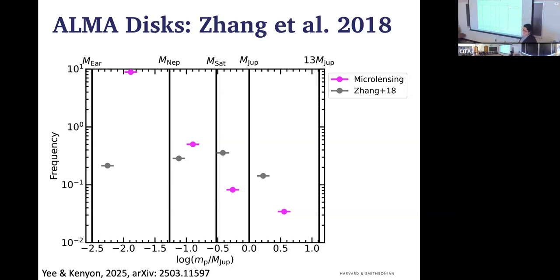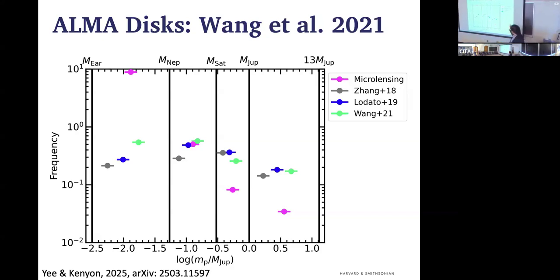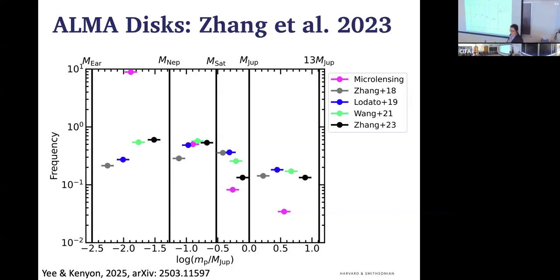And if you look at different assumptions, there's also the Lodato study, which just made a simple Hill radius scaling. This other one used that Hill radius scaling with Lodato, but then added another layer distinguishing between whether you're opening a gap in the dust disk versus the gas disk. And then this Zhang 2023 paper, which is a different sample than the first one, you're just getting this consistent picture that there are a lot of predicted ALMA planets out at wide orbits, and that they exceed the microlensing